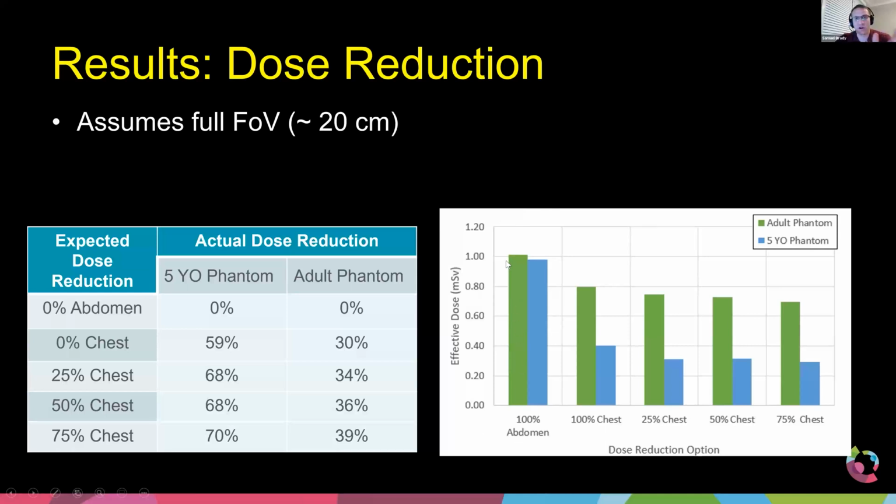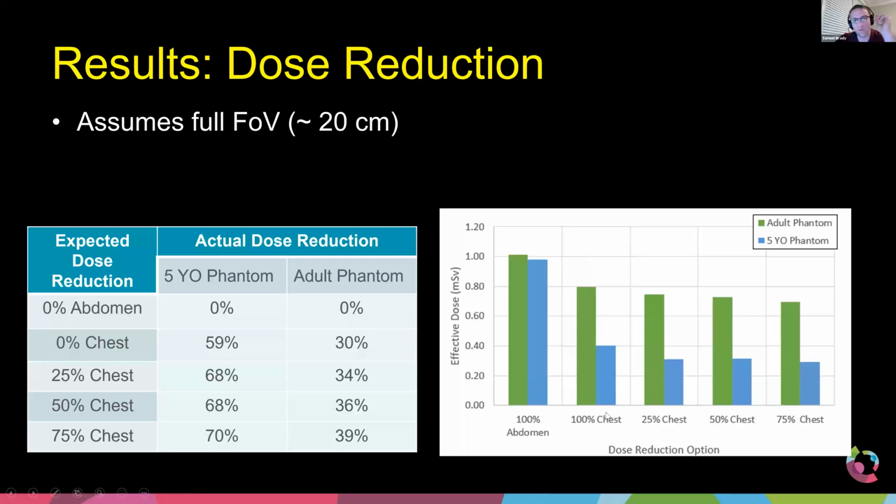And we took our anthropomorphic phantoms, our adult phantom and our 5-year-old phantom, and we put a bunch of our detectors in them. And we measured all their organ doses, and we calculated the effective dose for those populations. And once again, you basically see that the doses are kind of the same. And that's just because there's never really been any consideration to modify the radiation output based on if it's a small kid or a big patient. And so here, going over to the right, this right here is their new protocol